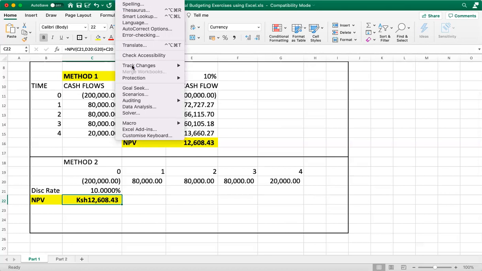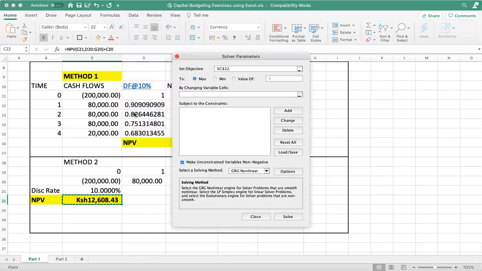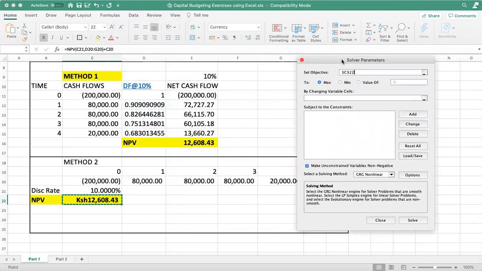So I go to tools, down, I get solver. Solver does the same thing. What is it you want to solve? I want the IRR of this project. So what is my objective? My objective is to make the NPV of this project,